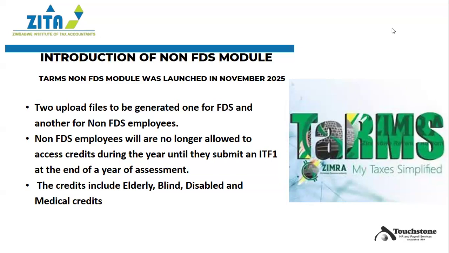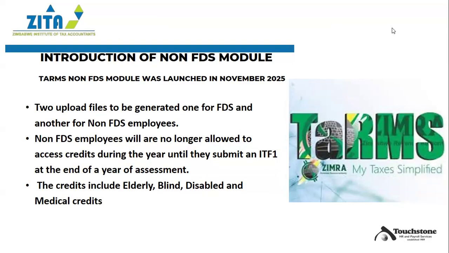So last year, we had variances between the TERMS calculation and the calculation that was done by payroll. Therefore, a resubmission of the ITF-16 was supposed to be done last year so that we would have the correct information for our non-FDS employees on payroll. Now, the credits included the elderly, blind, disabled, as well as the medical credits. These were withdrawn, and they are still withdrawn even up to today. This is the communication that we are trying to have